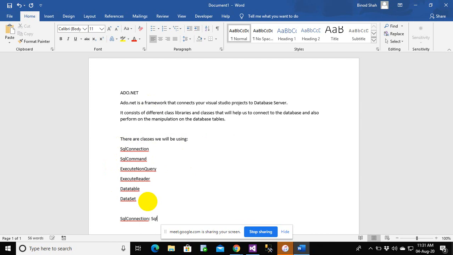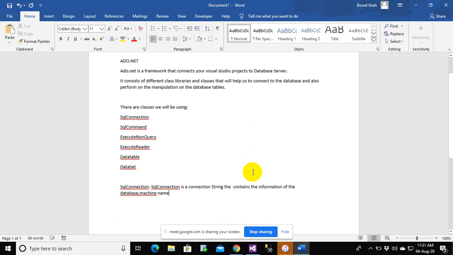SQL connection is basically a connection string that contains the information of the database, machine name. For example, machine name in this case would be, let's say, on which computer your database is located.